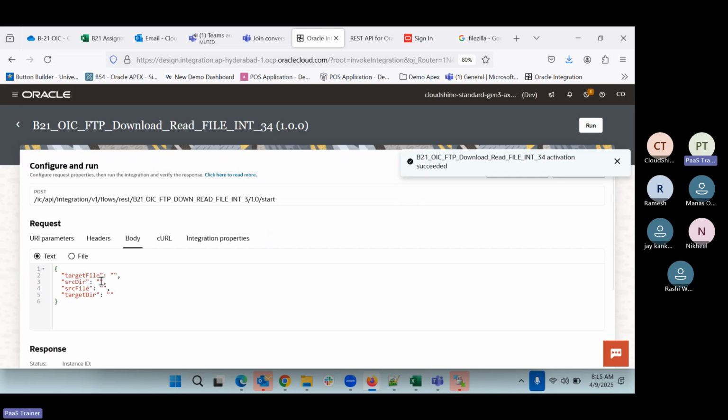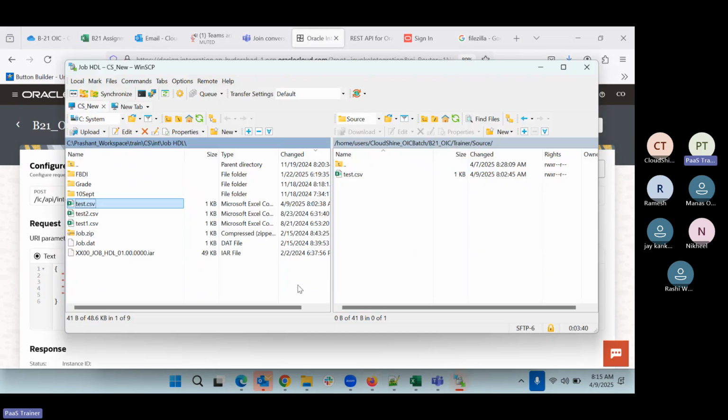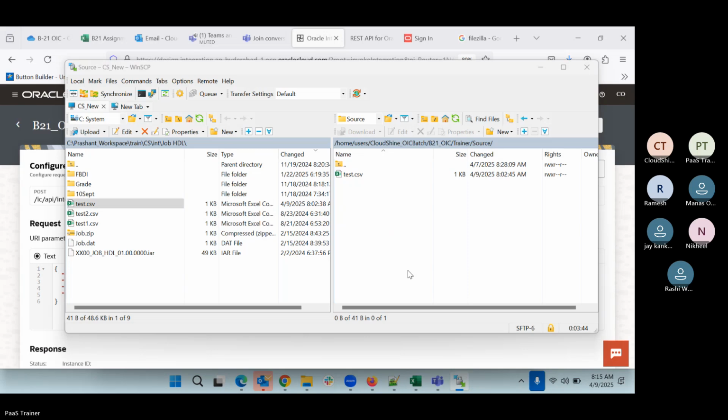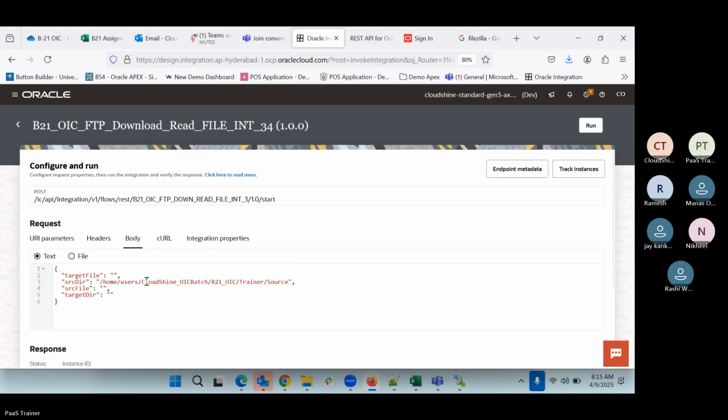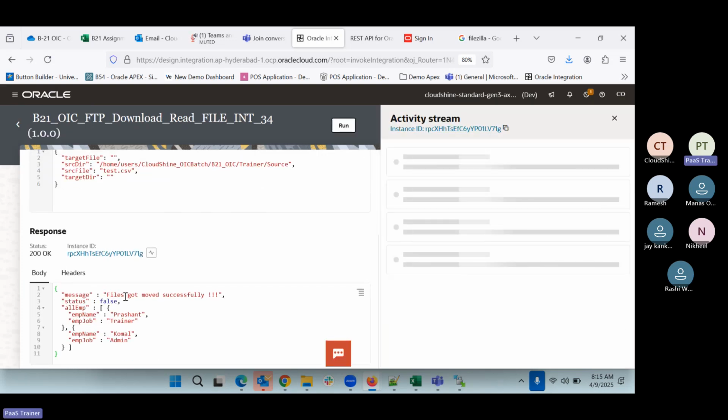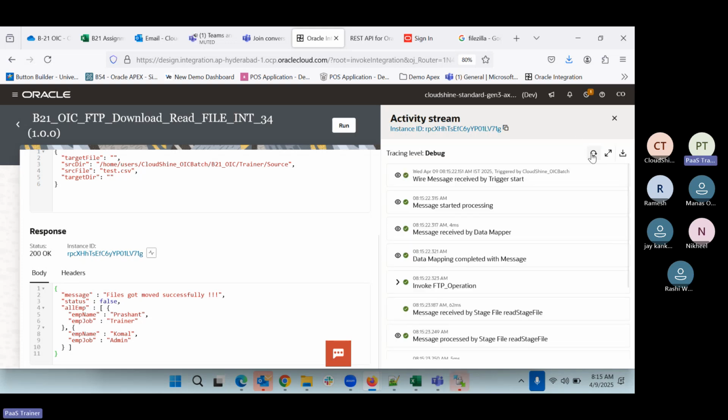So source directory. We can go to the FTP location, copy path, test CSV. We can click on run. So if you see, we are able to read the file. It means this way it is also possible. If I show the response,